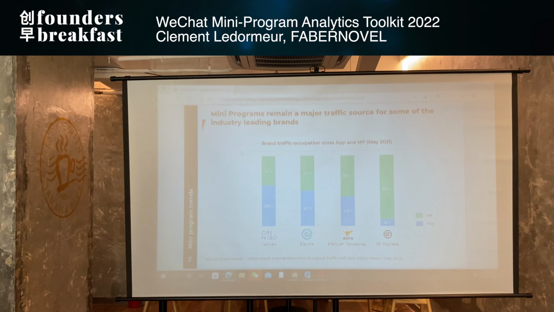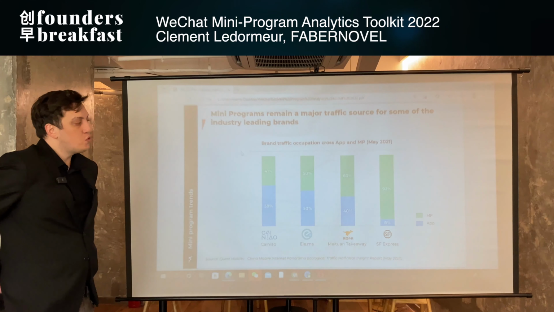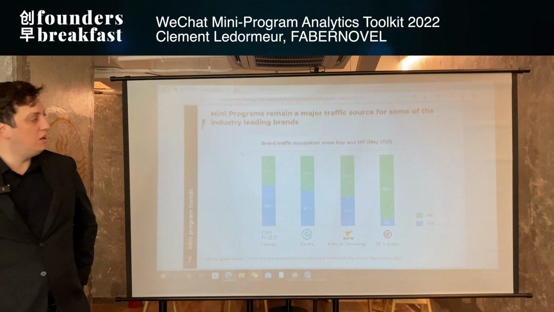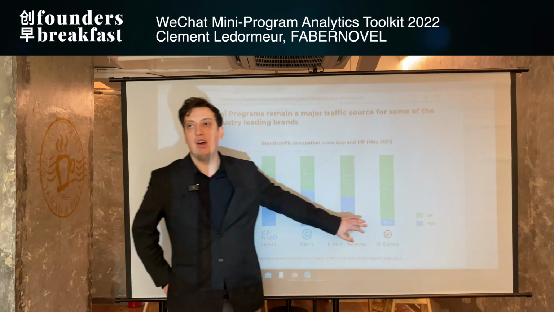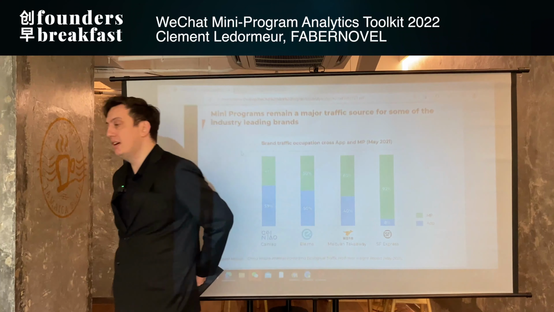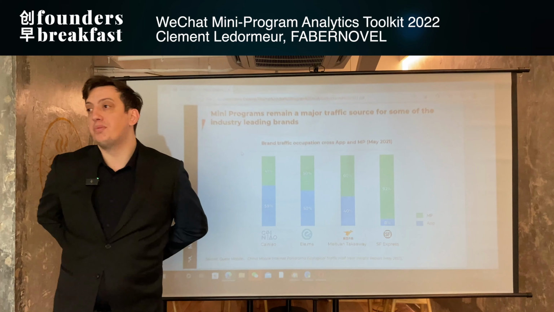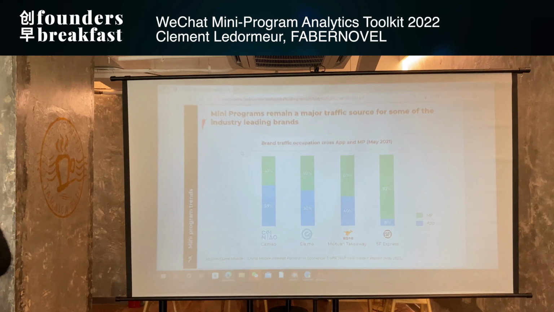So in terms of representation, mini program remains a major traffic source, and you can see 4 big players, mostly local. And what really interests me is Shanfeng. So Shanfeng is 8% of mobile app users versus mini program. So of course, you imagine when you receive delivery or you buy something on Taobao, then you get the Shanfeng on your phone, or if you deliver Papiao, for example, then you get Shanfeng on your phone. So mini program is 92%, and that's the way to express the traffic.